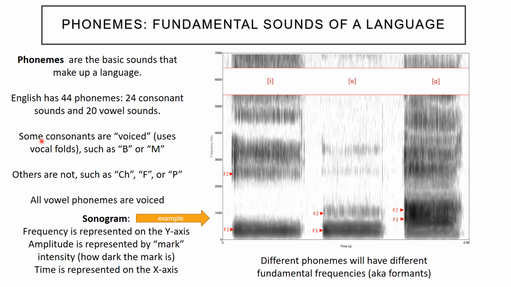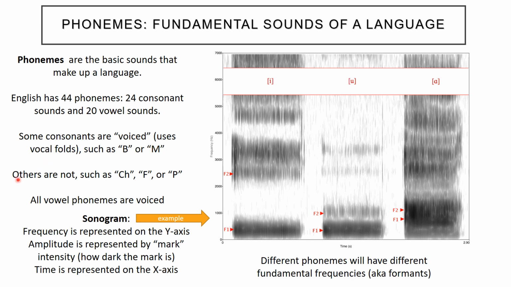Now, some of these consonants are voiced, which means that you're using your vocal folds when you're making those consonant sounds. Examples of this are B or M or D, for instance. So when I'm making that consonant sound, I have a little sharp sound that precedes the rest of the phoneme, but during the phoneme, I'm actually producing sound through the vocal folds and generating the vibrations there and then shaping it through the vocal tract.